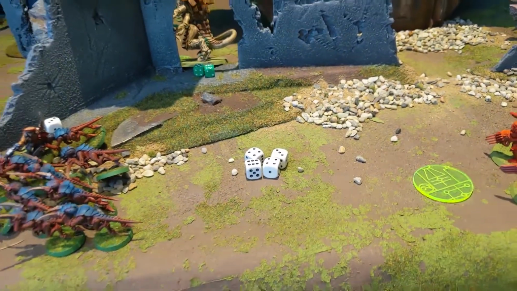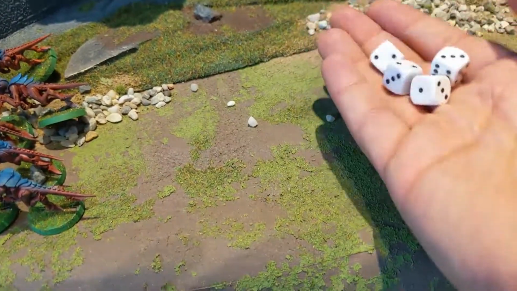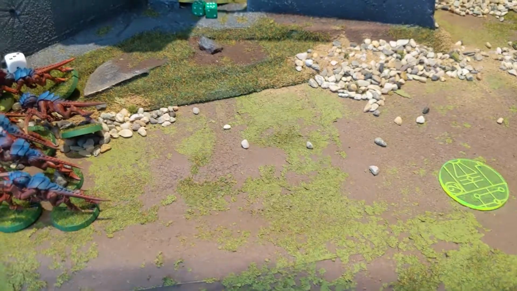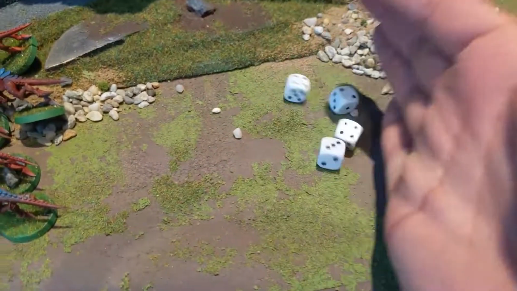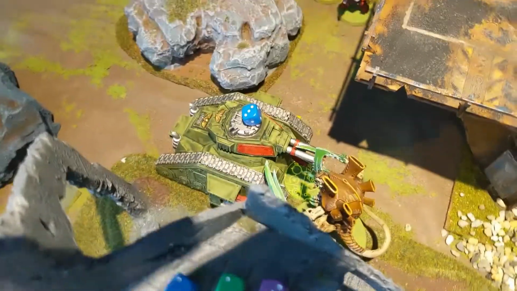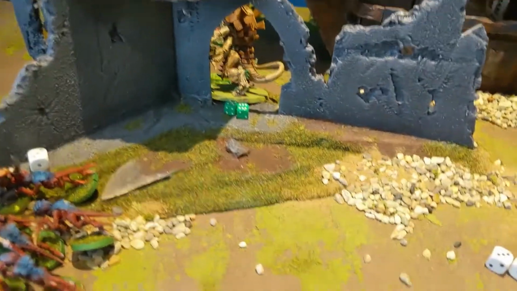Warlord now with his 4 attacks still. He's going to be hitting on 2s. Yep, they all hit. He's going to be wounding on 4s. And 2 of them. So it's got 3 wounds left. It's going to have to make 6-up saves here. And each of these, yeah,